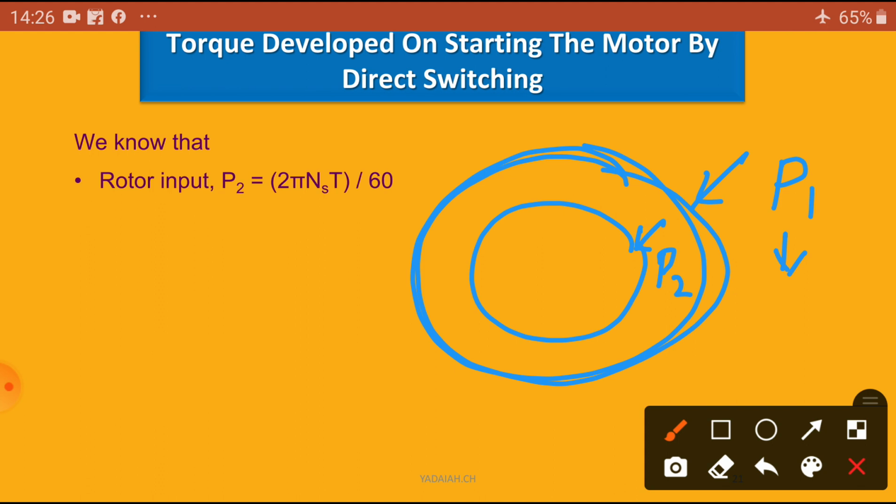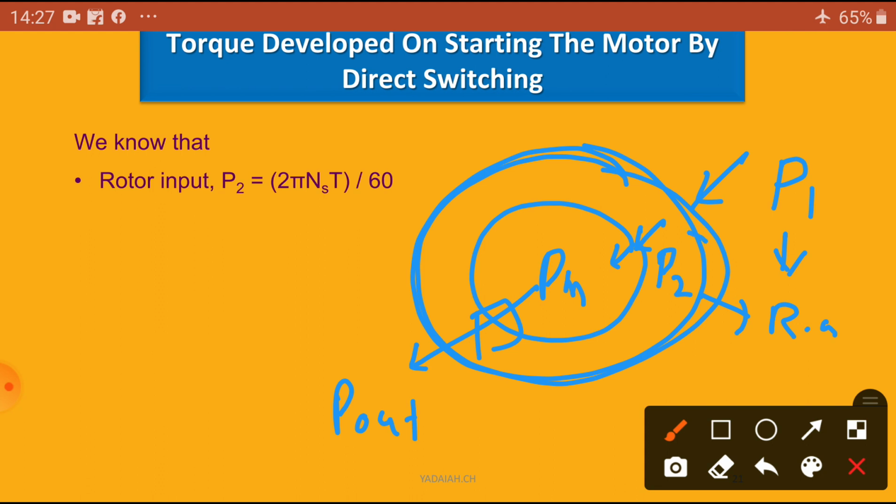From P2, after losing the rotor copper losses, P2 minus rotor copper losses, we get PM, the mechanical power generated. From mechanical power, we get P out after friction and windage losses. This is the power flow diagram we have already seen.